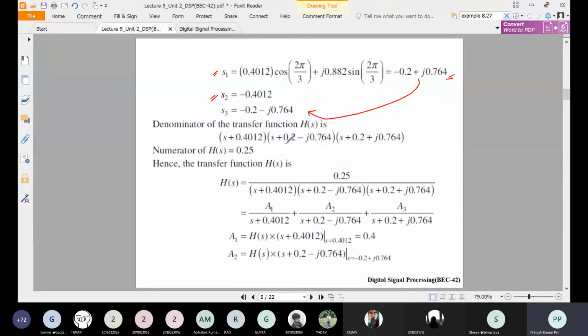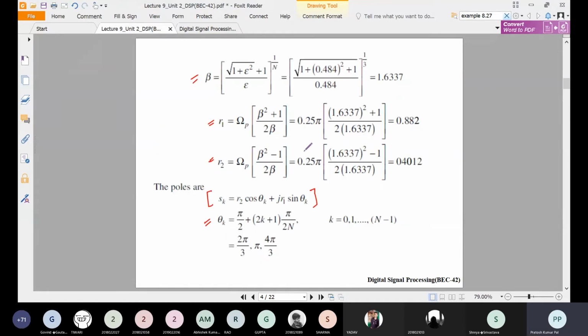So after multiplication, the numerator of the transfer function will be given by multiplying the constant terms. After multiplication of these three, the constant term comes out to be 0.25. You can just multiply to see how the constant term comes out. It is the multiplication of this one and this one, so these two will be multiplied, j and j will be j square. J square, you know, is minus 1, so it is plus, so totally it will be this value. Once we know the transfer function, we need to convert it into digital form.